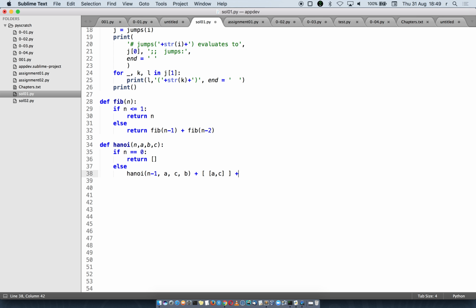Then what we do, we move n minus 1 disks from, where are they? They're at B. And where do we want to move them? To C. And then what's left as an intermediate is A, right? Okay? So this is the solution for